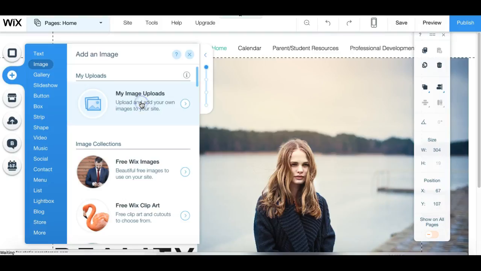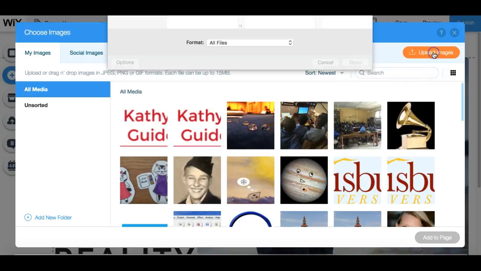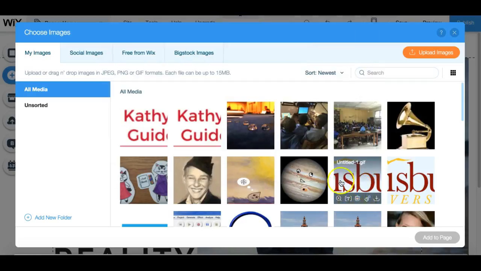So you just click here and go to my uploads. And this is where all of your images will be saved. To get images here, you need to select upload. And then you just locate wherever the image is, click on it, select open, and then it'll upload onto your Wix server. Then once it uploads, you can click on it, and this blue check mark should be here,